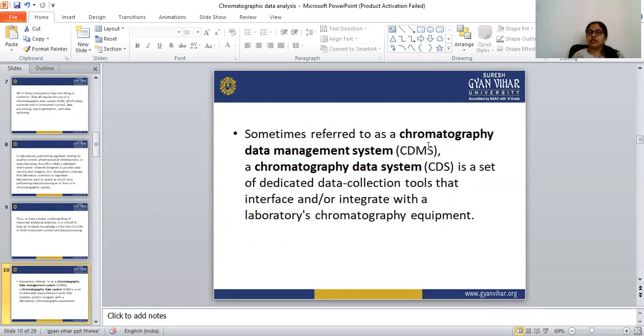What is CDS? CDS is a set of dedicated data collection tools that interface or integrate with laboratory chromatography equipment.